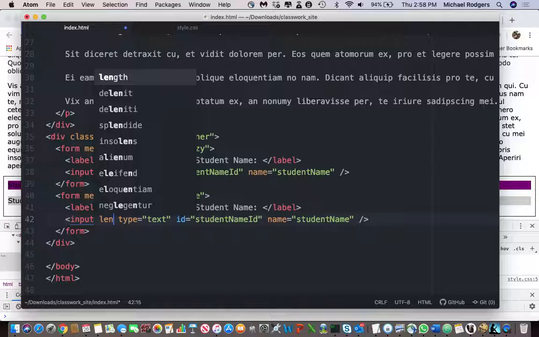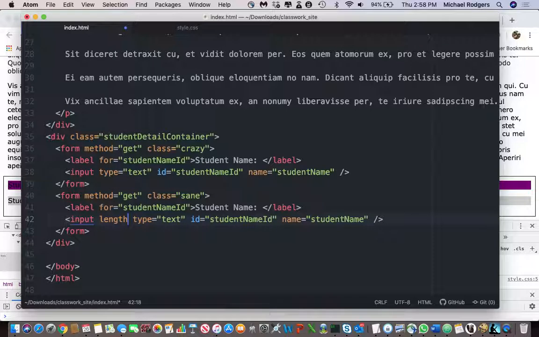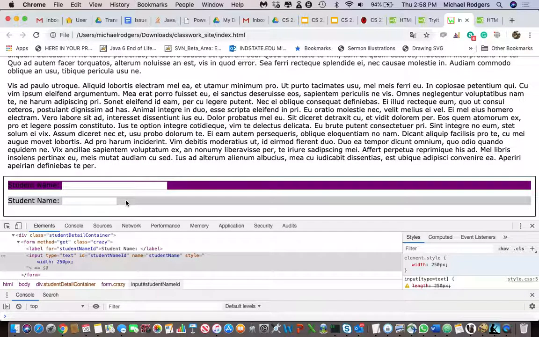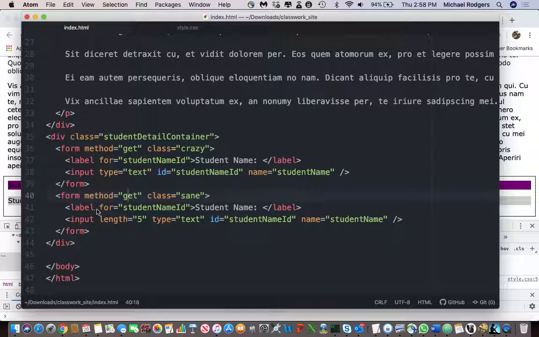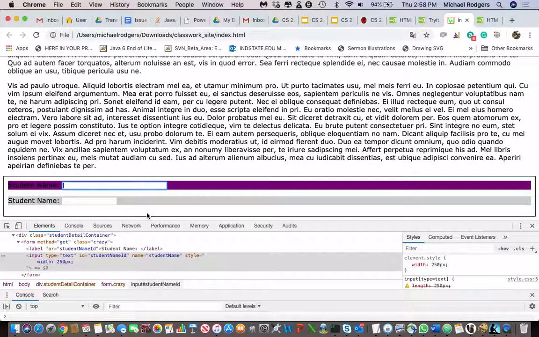I know this is way out of your chapter, but this is just kind of a goodie. Say you're creating a form and you're saying that I only want my user to type in so many characters. So what happens if I specify a length of 5 characters? If I come over here and I do that, is that the right one? I'm on the same one, right? Okay. So if I do that, I type this is my,